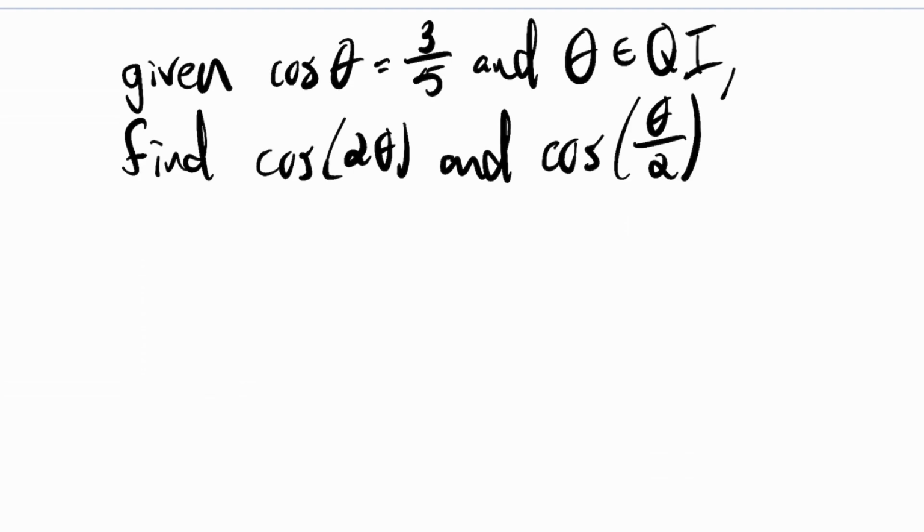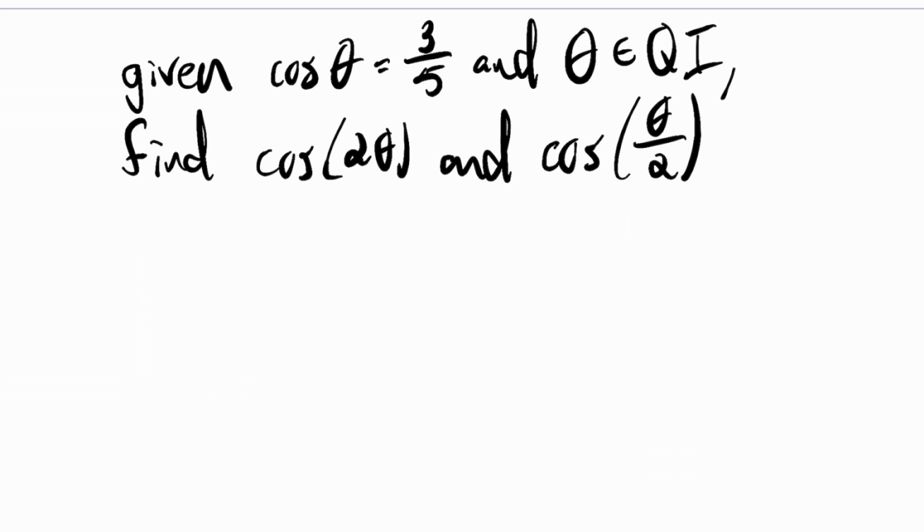So in this video, we're going to use the double angle and half angle formulas for cosine to get some values based on this given cosine value. So if cosine theta equals 3/5 and theta is known to be in quadrant 1, we need to know that